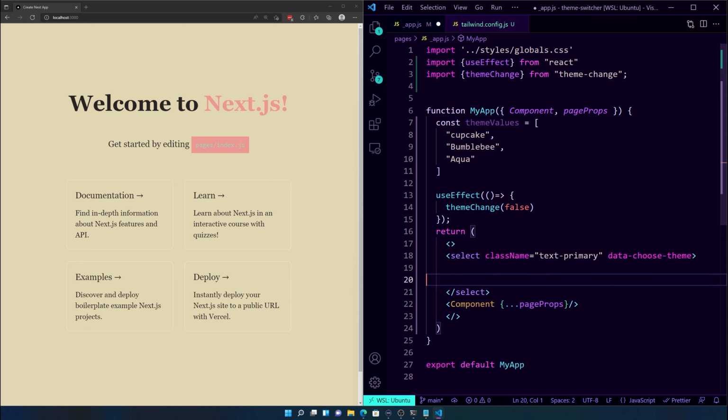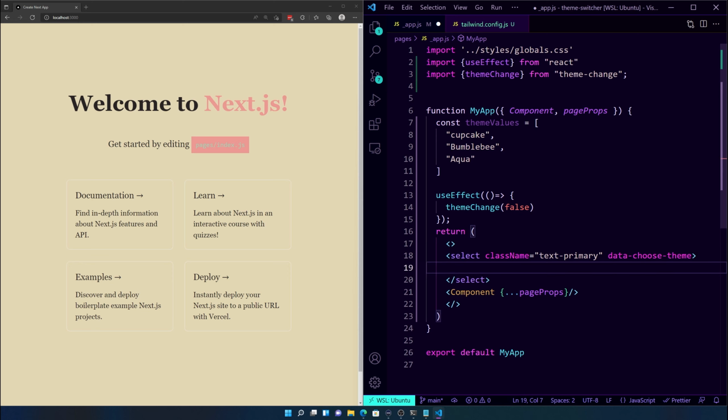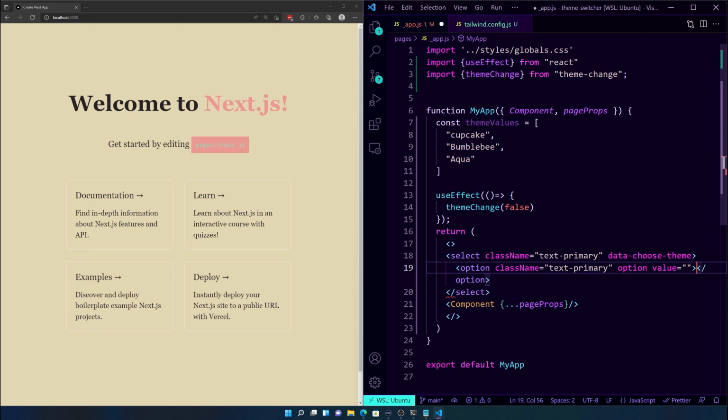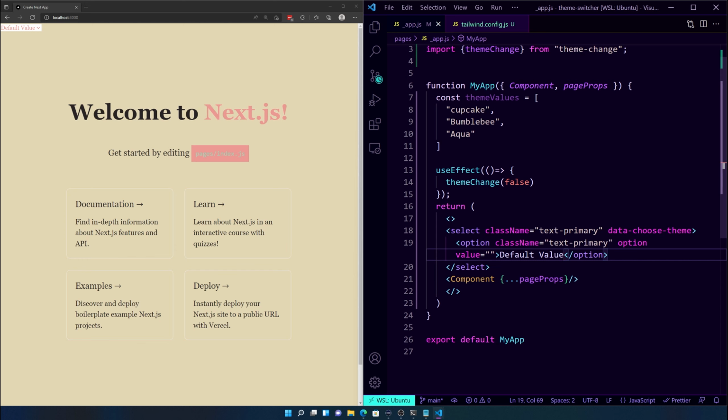The default option will just be an empty string. So option, give it a className of text-primary. Option value equals empty string, and we'll just say default value. And then you can see that this has shown up here.